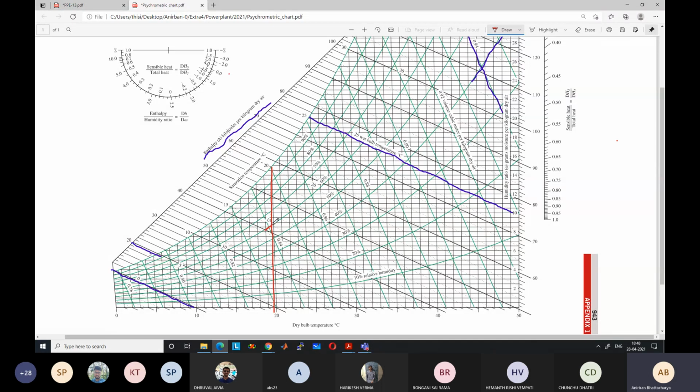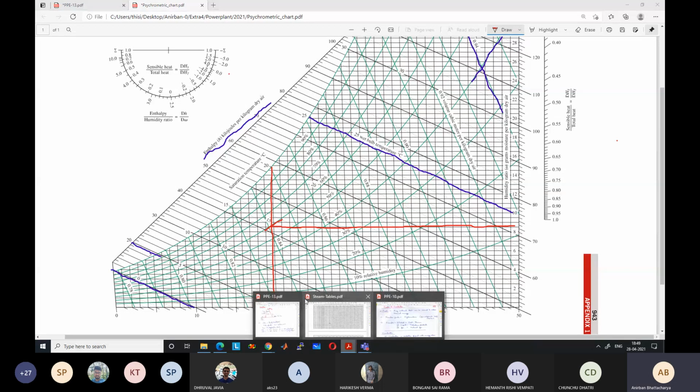Okay, point 1. So this cross section is our point 1, and we want to find the first. What do we want to find? The humidity ratio, omega 1, or specific humidity. So I have to draw a line like this and find the omega 1. Because my line is slightly deviated, it is showing as something like 8.5. If you calculate more accurately, it may be slightly different. For me it is showing 8.5, 9, 9.5, 10. So for me it is showing as 8.5 or 8.6, something like that. But when I calculated, it was 8.8 gram per kg of dry air.